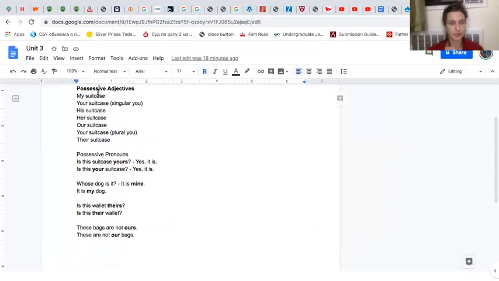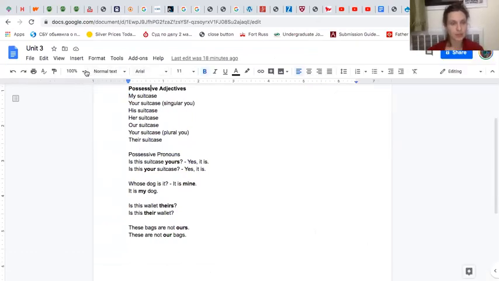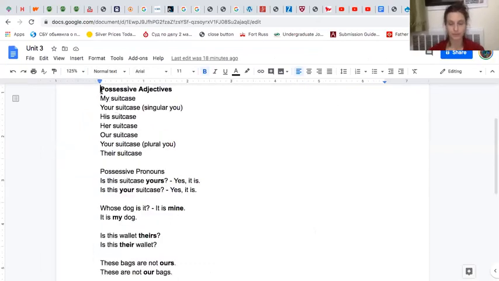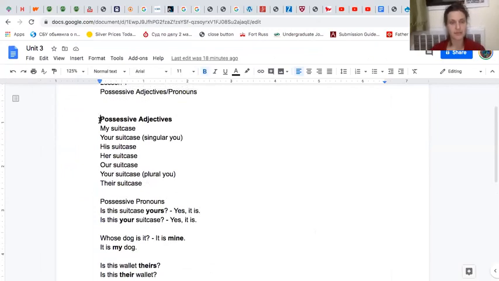So here I'm showing examples of possessive adjectives. Okay, possessive adjectives. So we use them in front of a noun. So if there is a noun after the possessive word, it must be possessive adjective. For example, my suitcase, your suitcase, his suitcase, her suitcase, our suitcase, your suitcase for plural, you all, and their